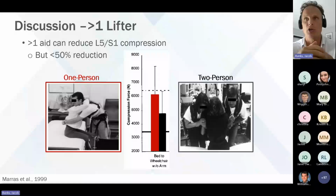Because while you're cutting the load, you also seem to be doing so with compromises in posture, and you're still fighting your own body weight when doing a two-person transfer, and you're in a very awkward position. So that's what was shown here, that while two-person lifts can reduce compressive force, they don't just cut it in half. And now, an observant audience member may look at the graph that I'm showing you here and find the